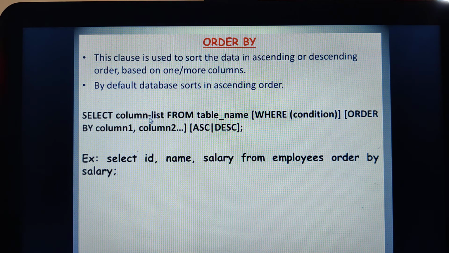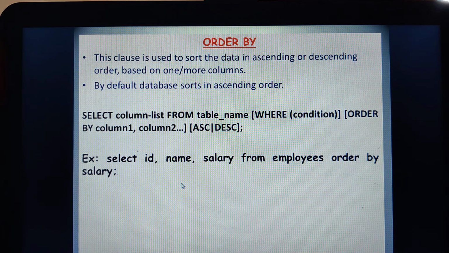Here you can see the basic syntax of order by: select column list from the table name where the condition, order by the column based upon which you want ascending or descending order. That column name you have to mention, and then mention ASC for ascending order or DESC for descending order.